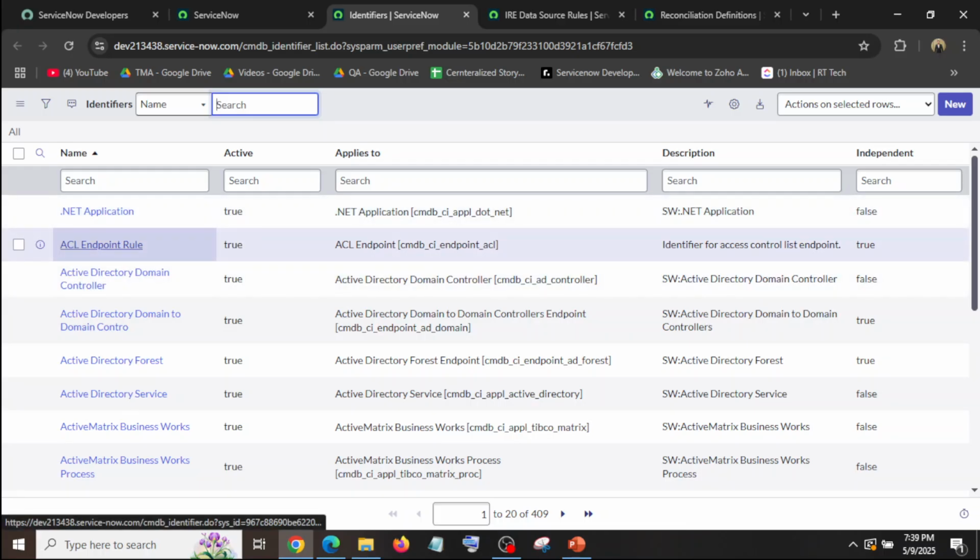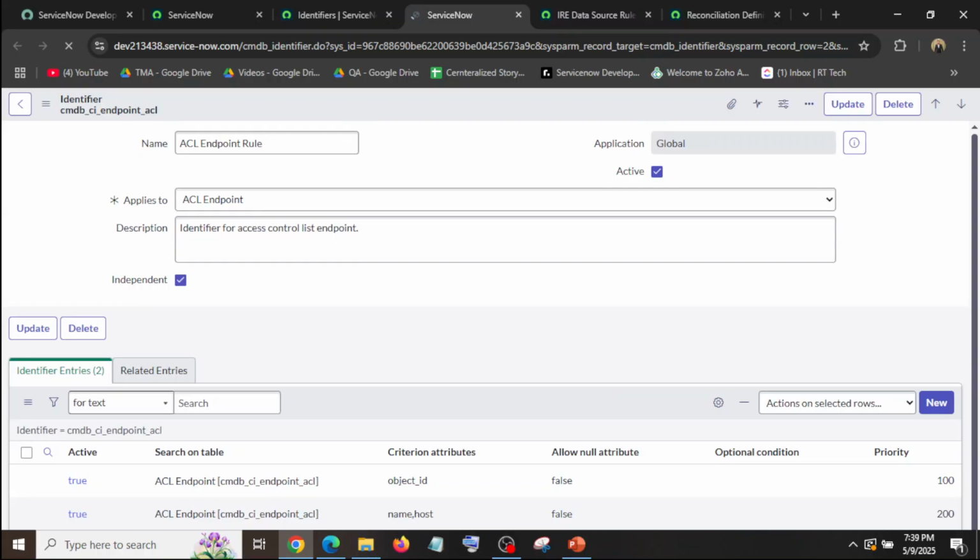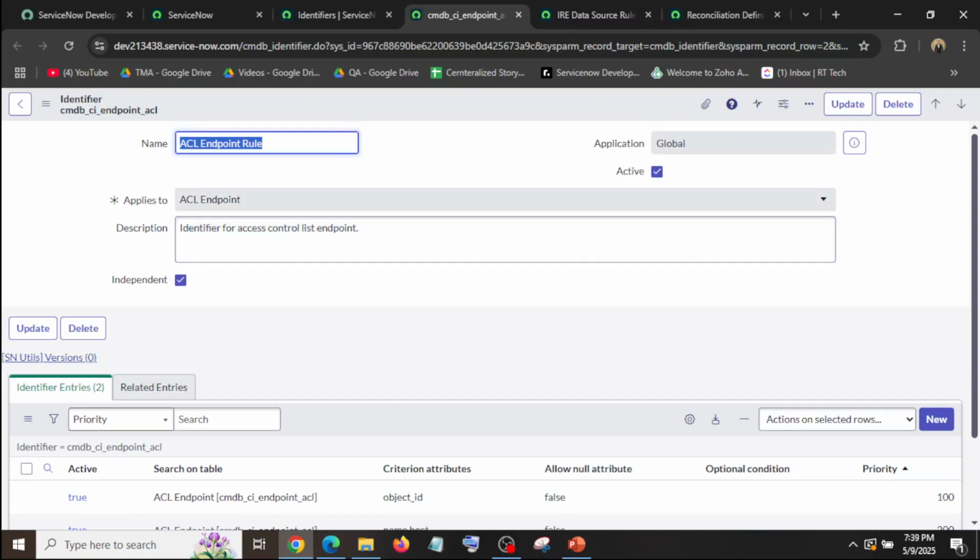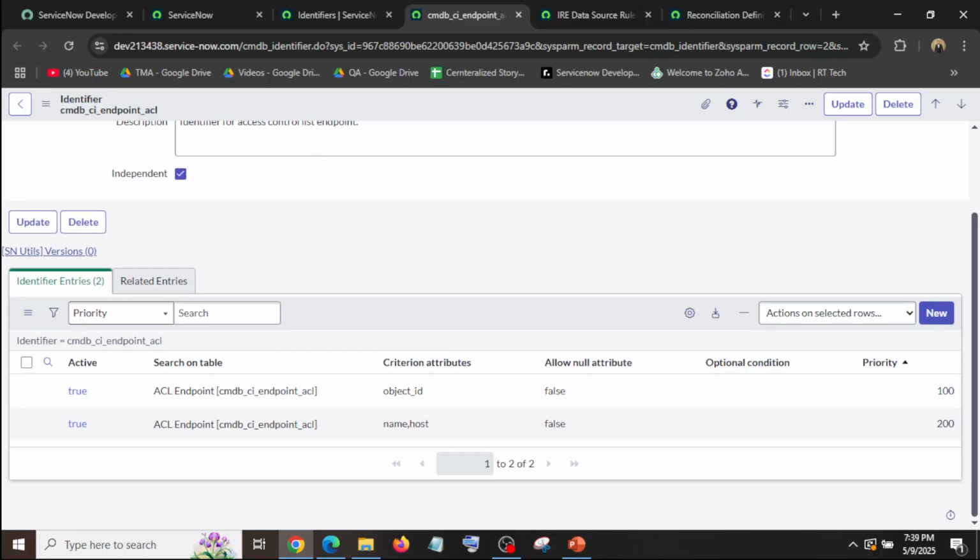If we open this one, this is the identifier whose name is ACL endpoint rule, and it identifies the access control list endpoint. These are the identifier entries.